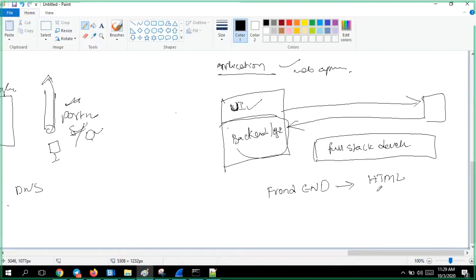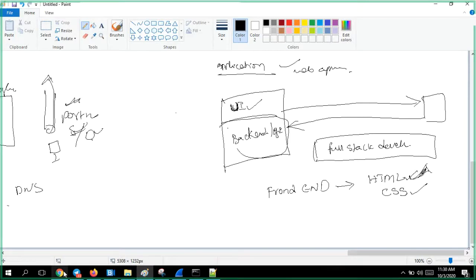And to make it more colorful, with styles, different fonts, so that the look and feel of the web page is pretty beautiful, since HTML doesn't support beautification, they use something called CSS, cascading style sheets.